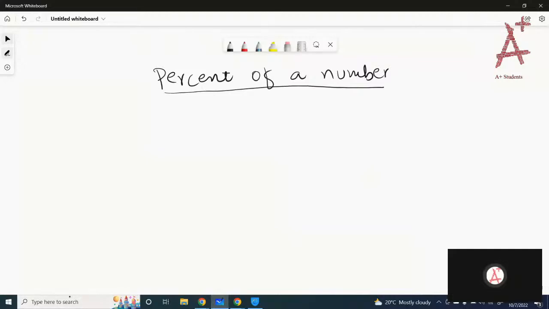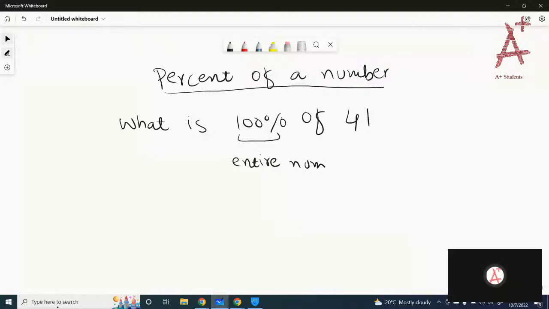Okay, let's start with an example. What is 100% of 41? So we know that the 100% of a number is the entire number. Got it? 100% means the entire number. So 100% of 41 is 41. Got it? You can check by doing the math. The whole here is 41,